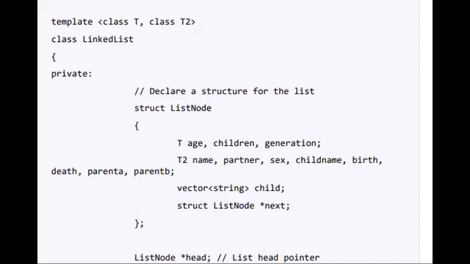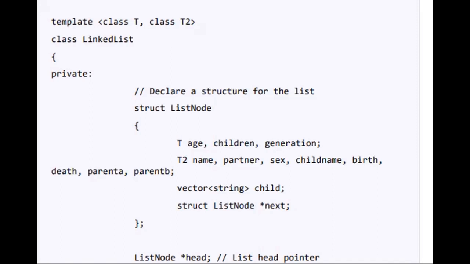In T template we have assigned some variables like age, children, and generation. And in T2, we have declared name, partner, sex, children, birth, death, parent A, parent B. And we have also already created a vector child and also a pointer to that node. And we have also given a list of head pointers.